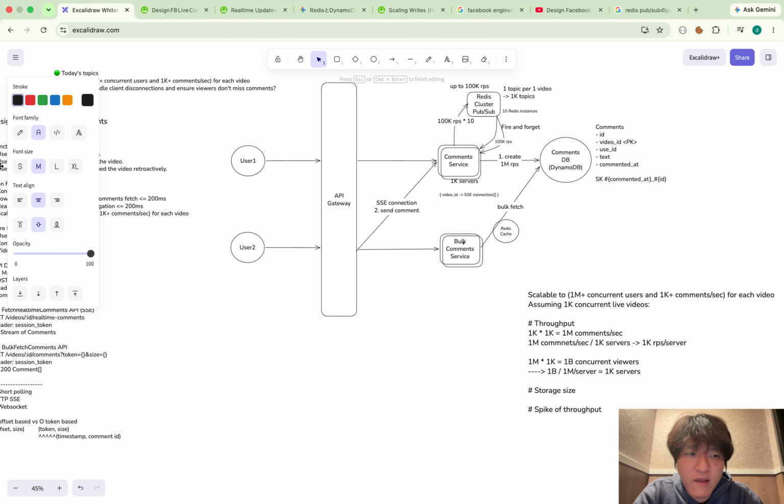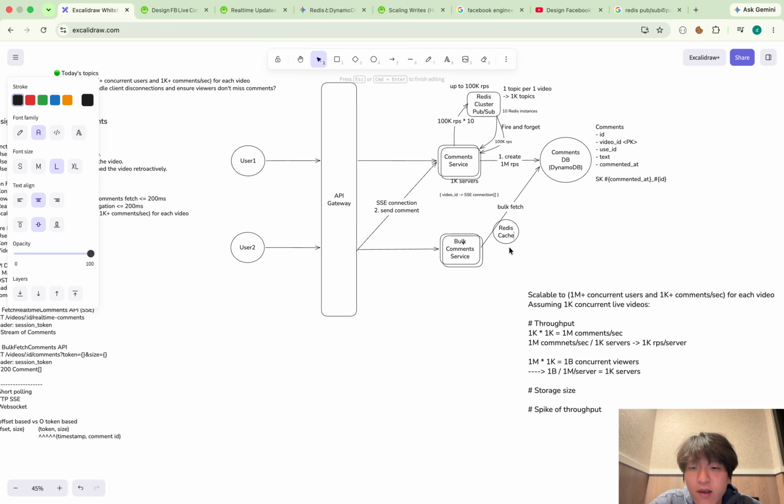and I would make it, how should I say, a read-through cache. So probably what I can do is, because according to the user, the range of the time to be fetched by request differs, according to the time the user opens the video first.